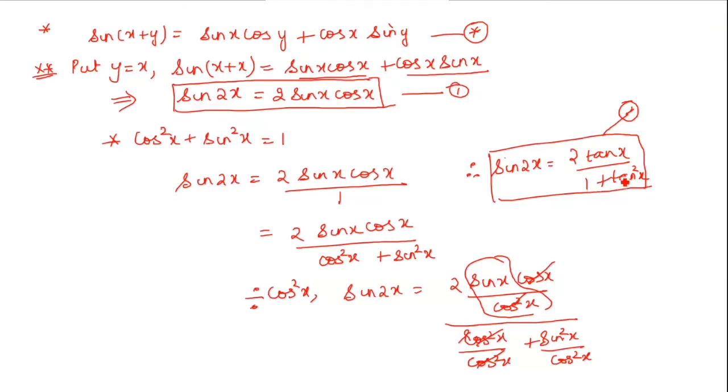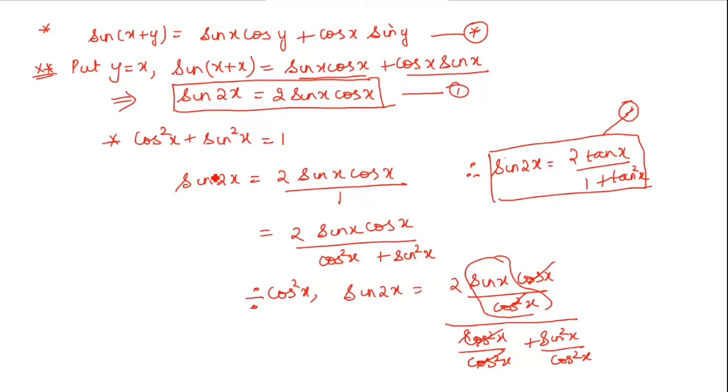you need to study. So when I say cos 2x, remember 4 formulas together. One is the direct formula, the main formula, cos square x minus sin square x. The formula in terms of sine, 1 minus 2 sin square x. The formula in terms of cos, 2 cos square x minus 1. And the formula in terms of tan is 1 minus tan square x by 1 plus tan square x.